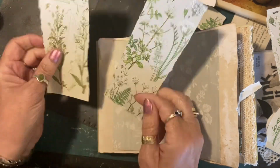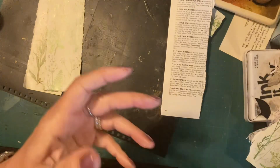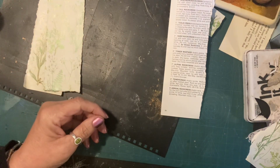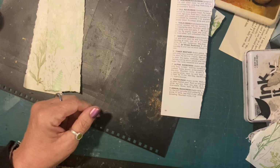Now then, I need to back these because I want them a bit stiffer, but I also... Why is that open and sat there like that? Kind of like I was letting something dry. Oh, I don't think so. Anyway,